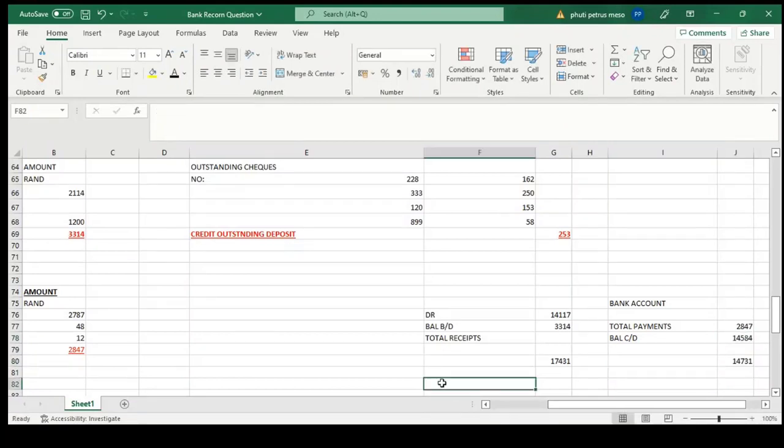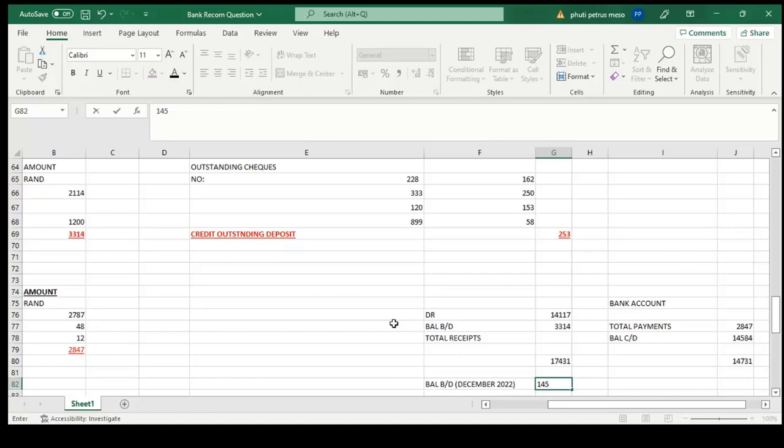And then remember, the bank account we're dealing with is November now. Then we're going to look at how much will be the opening for the next month. That will be December. So what you'll do is you'll say balance brought down, and you will say December 2022, and the amount is